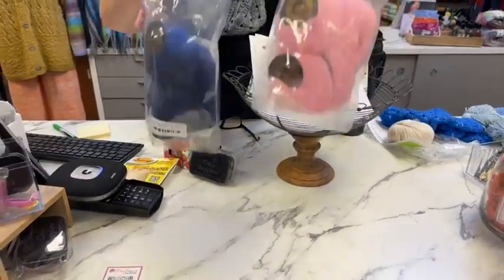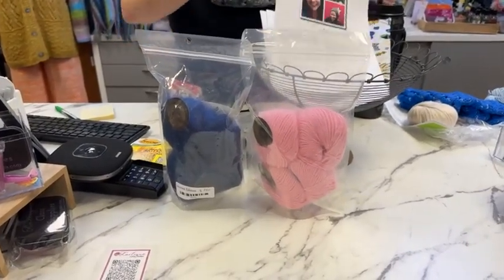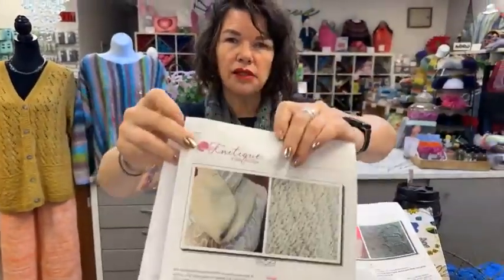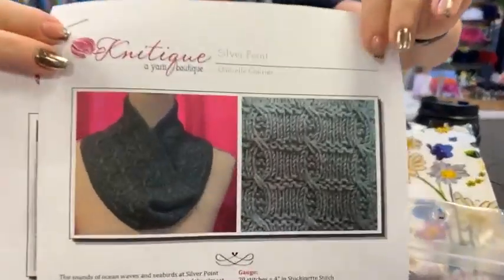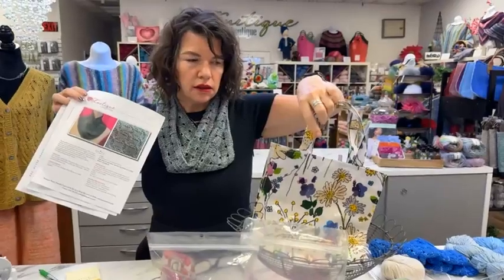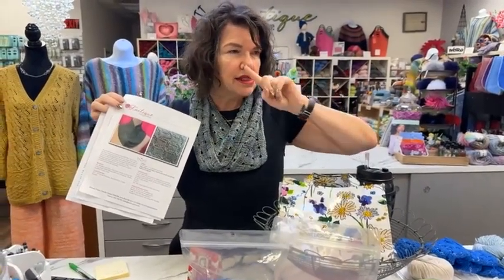You also have two of the Whispery Hat kits, French Angora, which is amazing. We have three more patterns. Sim Pearl. Thank you. Solmont, which is honestly one of my favorites. This may be my favorite because I love the slip stitch cable. You guys can see it right there. It's gorgeous. Really, really pretty. Also, an amazing Irish bag. It's a PVC bag, which I like because number one, if it rains, it doesn't get your stuff wet. If your dog slobbers on it,